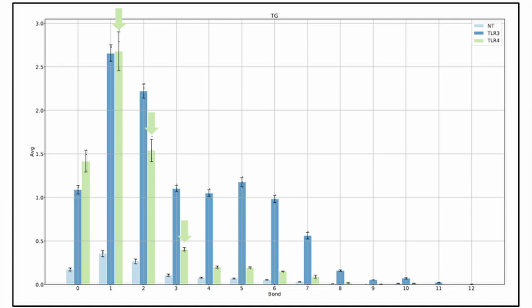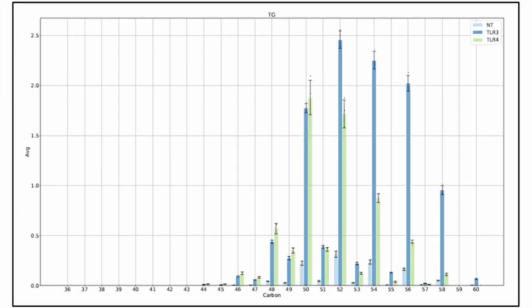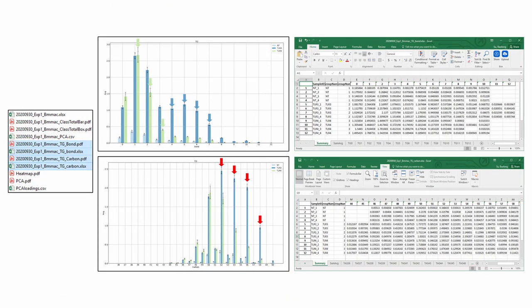TLR4 stimulation most profoundly increases TGs containing 1, 2, or 3 double bonds total, corresponding with monounsaturated fatty acids. TLR3 stimulation results in the most significant increases in TGs containing greater than 4 double bonds, corresponding with polyunsaturated fatty acids. This corresponds with an overall shift in the total carbon length. As TGs are a store of lipids, monitoring these gross shifts in pool makeup can often yield insights. These plots and the summation data used to create them are in your data package.